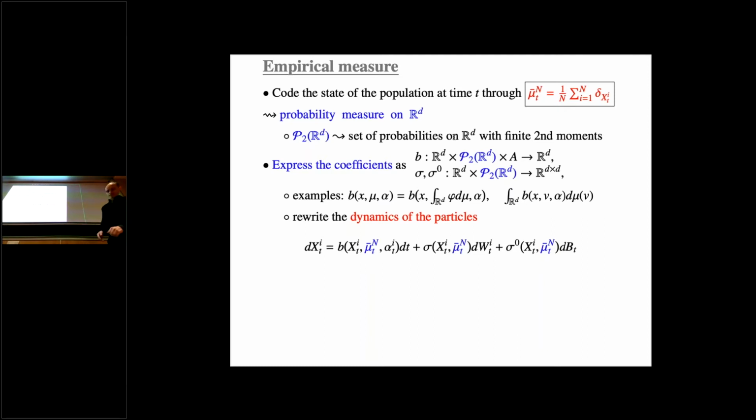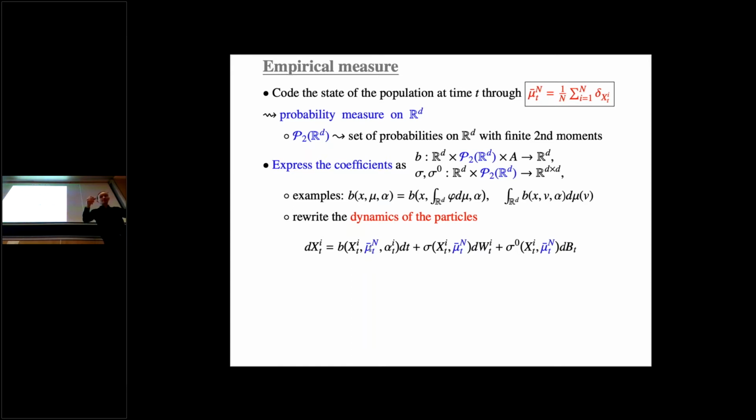And what I'm going to do, let me just start with the bottom equation on the slide. So back to the previous dynamics you have in the particle system. What I mean by the global state of the population, so the way one individual sees the others in the drift and in the volatility or diffusion coefficient, is that I'm going to assume that the dependence occurs through the empirical states of the population. So you see that in the coefficient I have, this is precisely mu bar nt that I see. So I see the others through the collective states of the population.